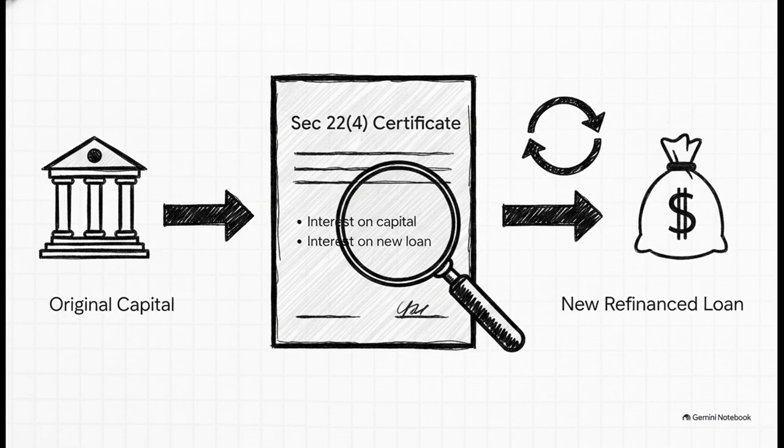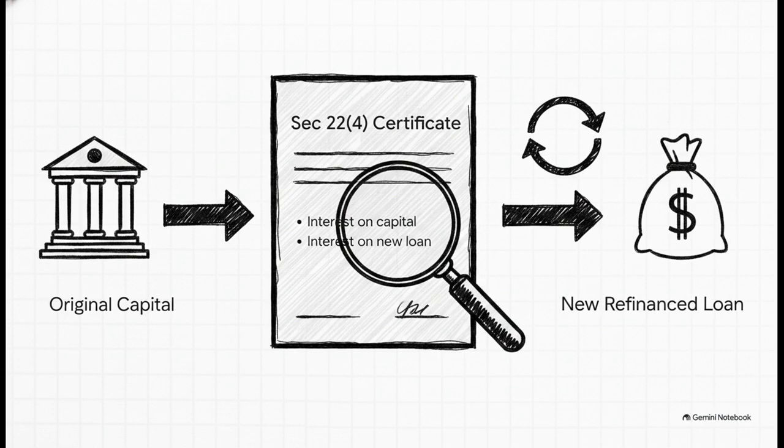The statute is crystal clear here. Section 22(4) demands that the certificate must specifically outline 2 critical things. First, it has to state the amount of interest payable on the originally borrowed capital. Second, if the SSC took out a new loan subsequent to the original borrowing, specifically to repay the whole or any part of that original capital, the certificate must specify the interest payable on that new loan as well. This guarantees that the tax department has a perfectly transparent paper trail linking the new refinancing loan right back to